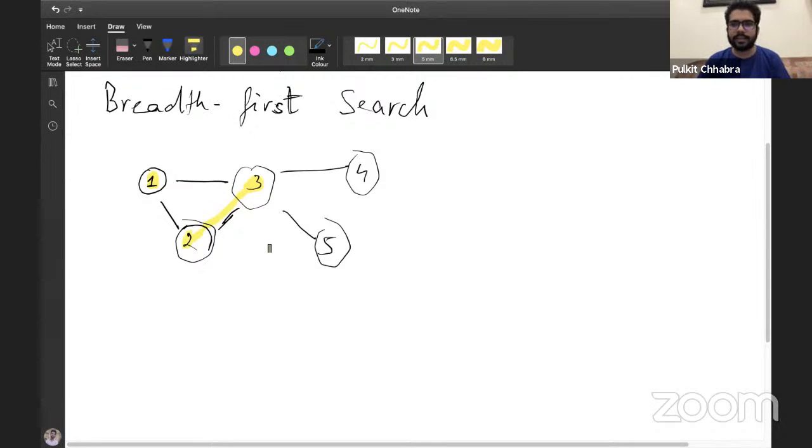Then in the next iteration, we'll visit the neighbors of those, 4 and 5. If it was a tree, notice that first we are visiting the first level, then the second level, then the third level. So we are basically moving breadth-wise.